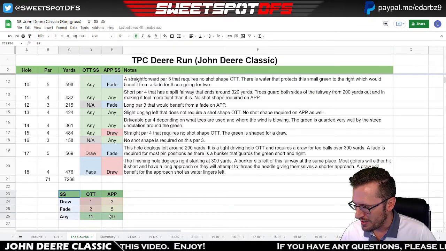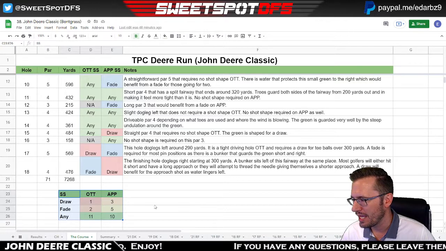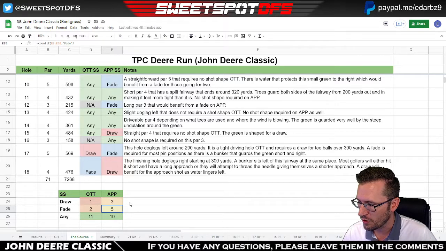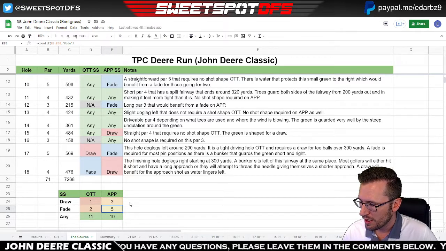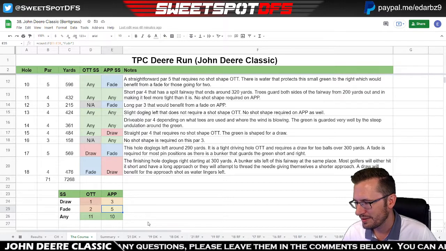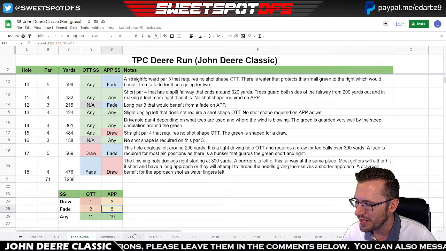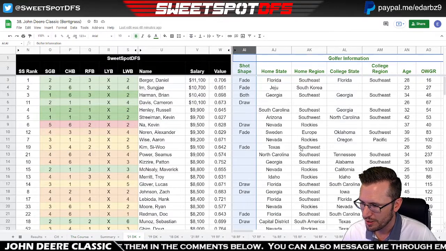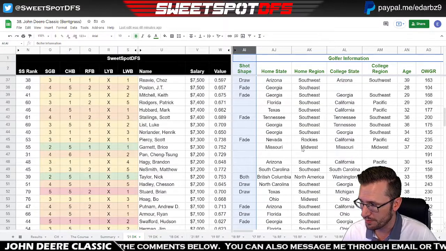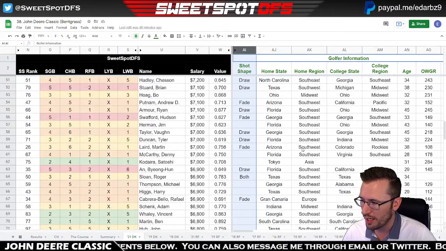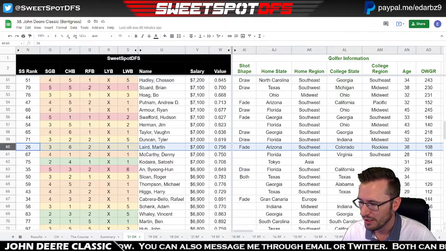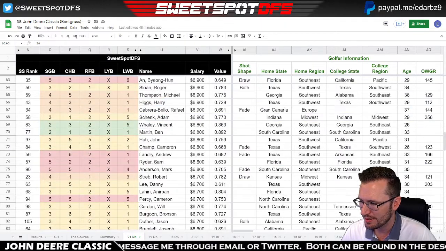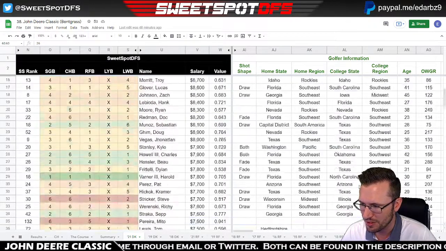As for shot shape, that matters. It's very close. I almost want to talk about every golfer in this field that hits a fade at this golf course, but I don't think it's really necessary because I don't have every single golfer's shot shape. I have a bunch of them, and obviously you can play all the guys that you see that hit a fade. But because I don't have everybody's stat, and because I don't think it really matters all that much here,